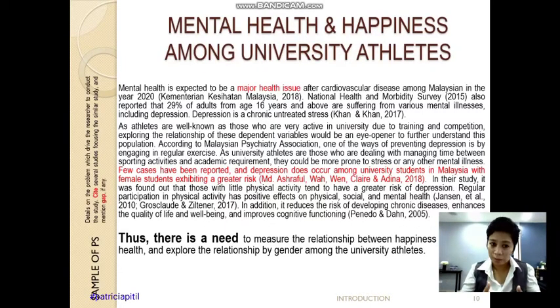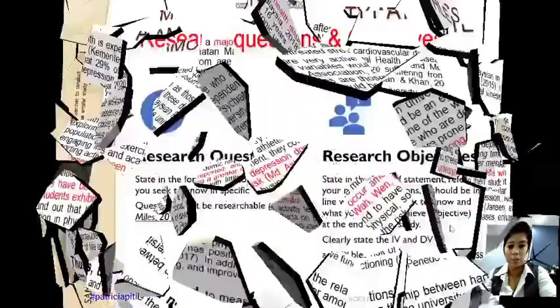So this is a sample again. Mental health and happiness. So what's the issue nowadays? You all know, right? Major health issue. People are focusing too much on physical health issues, but now mental health issues are rising because I don't know what's the issue. You have to read and find what is the statistic behind it. Okay, right. Athletes also have some issues in mental health, even though they are physically healthy. Presumably they are physically healthy compared to the non-athletes. So if you read it, you have to cite. Citation is very important.